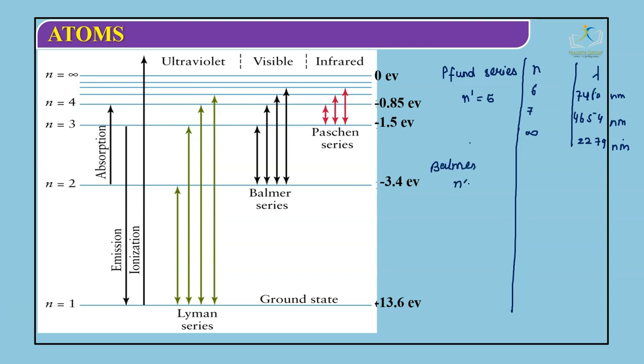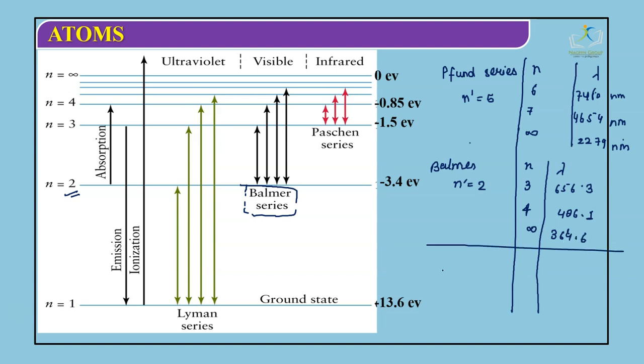So for Balmer series, n prime is equal to 2, as we can see here. For that, the final n should be 3, 4, infinite, like that. If this is 3, the value of lambda comes 656.3. If 4, then 486.1. If infinite, then 364.6. Similarly, as a Paschen series,